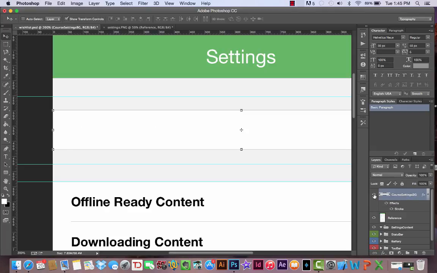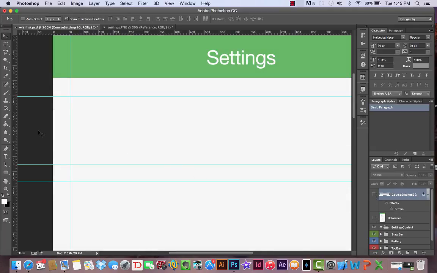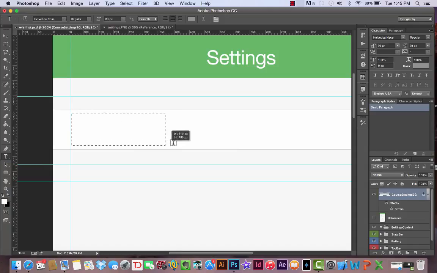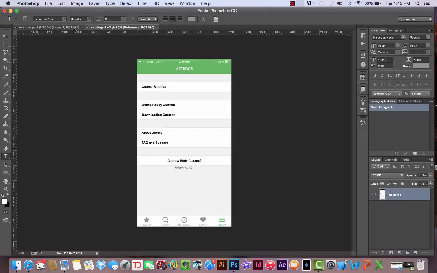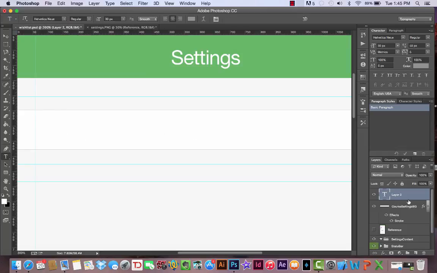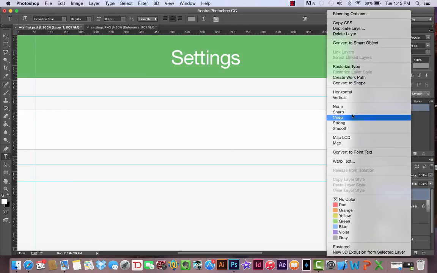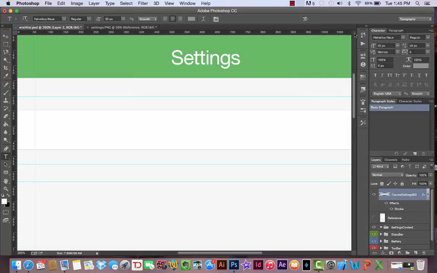Okay, looks pretty good. Let's just add the course settings now. And I'm just going to use this to see where it starts by dragging a guide. And let's hide the reference again. And let's open up our course settings BG and make sure we can see that. And we're just going to drag a text box. Let me look at what that says one more time. Course settings. Okay. I'm going to delete this text layer and drag a new one